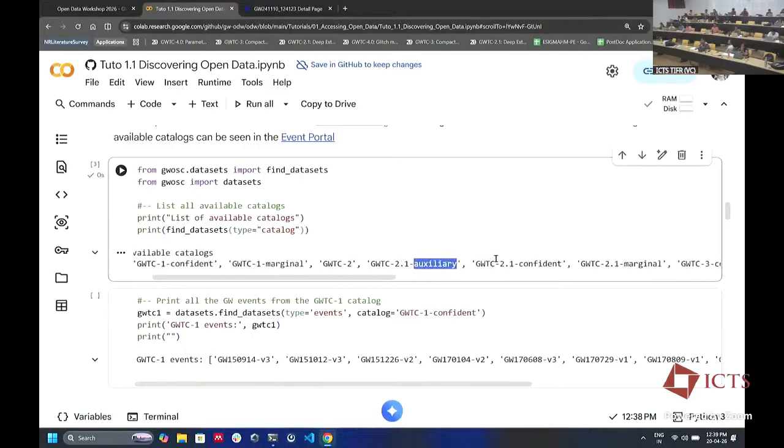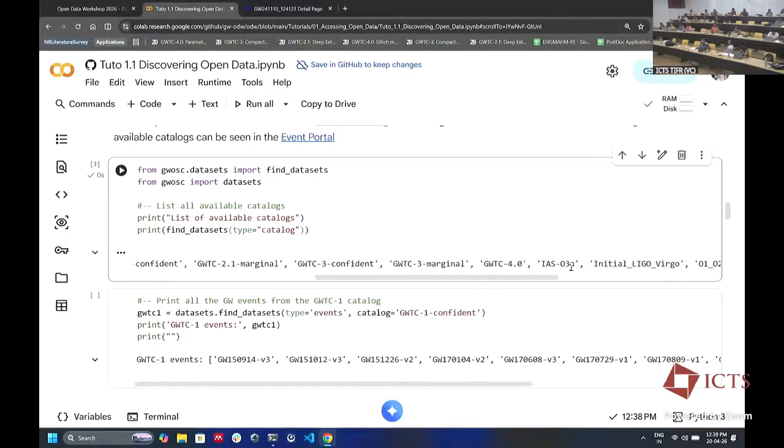There are also some from auxiliary. There is also a catalog which contains events which were detected by collaborations other than LIGO. So LIGO has their data, but once they release it, anyone can search through it, and there is this group which does this independently. There are also results from the initial LIGO-Virgo, in case you have a signal model which may be detectable even with a less sensitive version of LIGO. You could search through that and some other things.